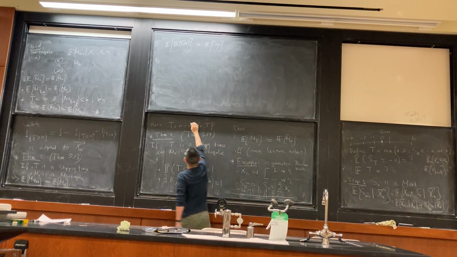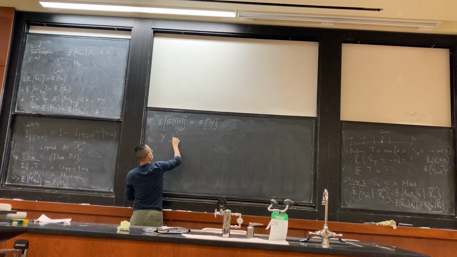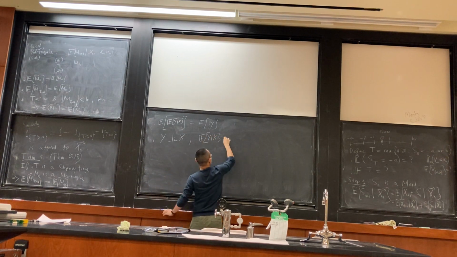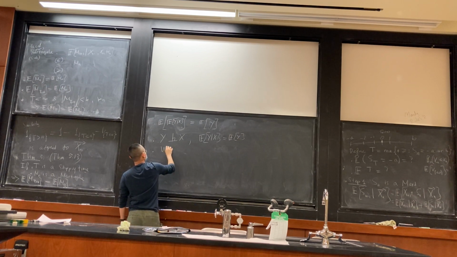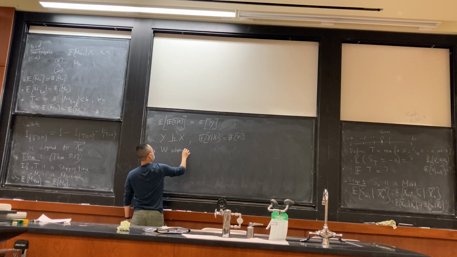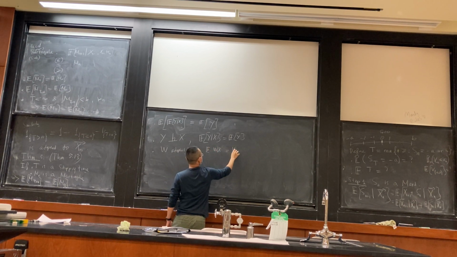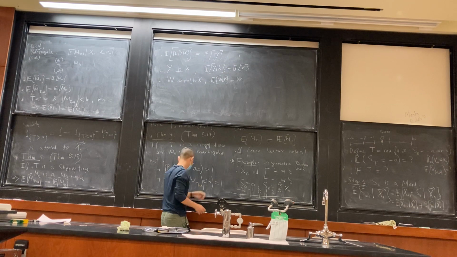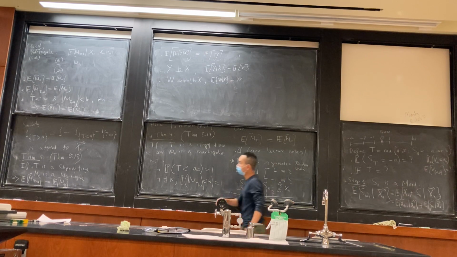Let me recall: if Y is independent of X, then this random variable is just the expected value of Y. If W is adapted to X, then the expected value of W conditioned on X is just W, right? And so, using those two properties, we know